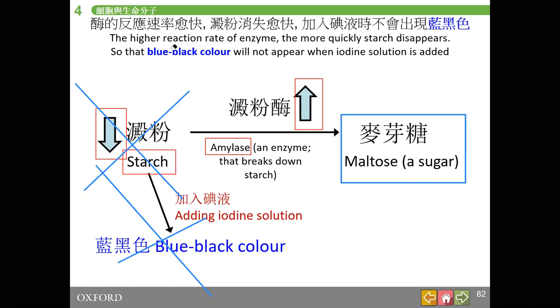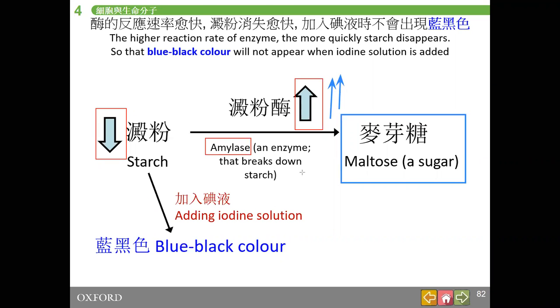每個反應速率越快, so for amylase, if the reaction rate is higher and higher, then you will remove starch more quickly and more quickly. 你會將澱粉咧好快將佢令佢消失晒嘅。咁所以喺短時間內咧，如果澱粉酶嘅反應速率好高，短時間內藍黑色應該唔會再出現㗎啦。OK，